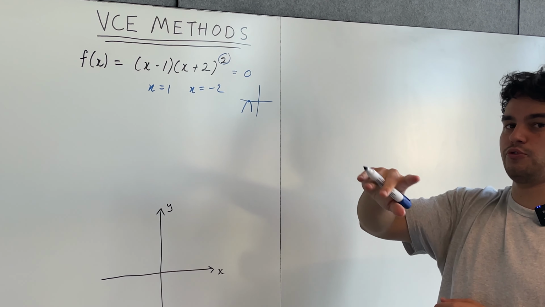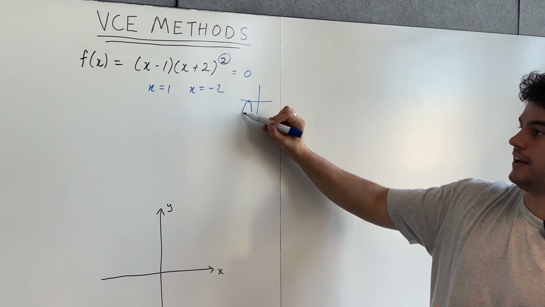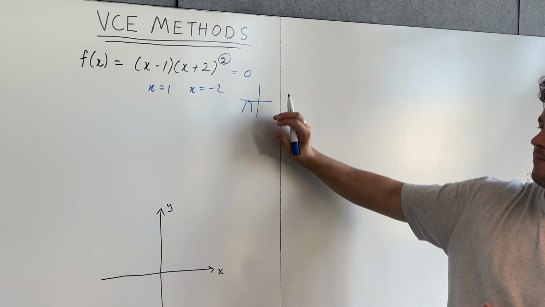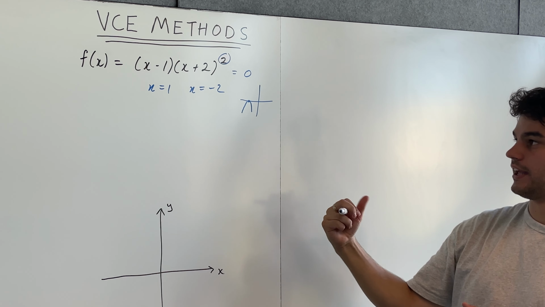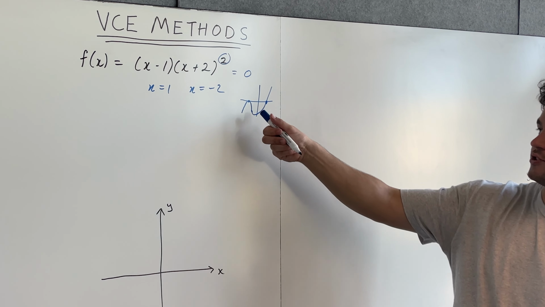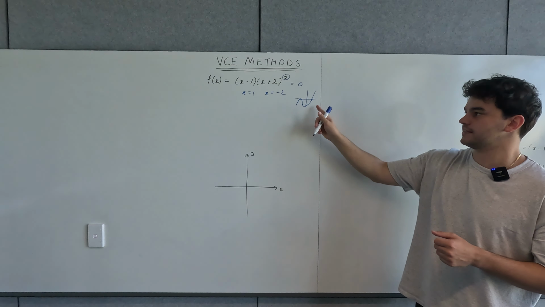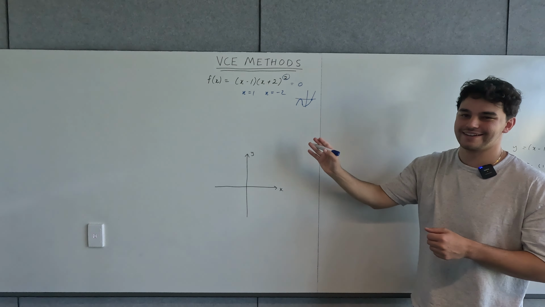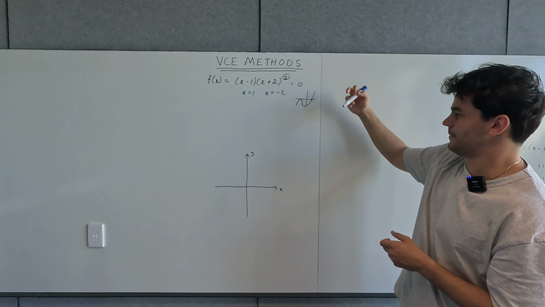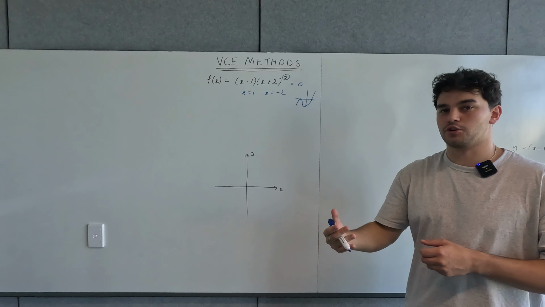So maybe I'll just zoom in on that far camera, you can see that we bounce off that x-axis, so it becomes an intercept, but then it goes back in the same direction that it came from. And then it might scoop up again, and this might be a normal intercept here. So you can see in total, in this example, we have 2 intercepts. Ours actually looks very similar to what I've sketched there accidentally. But we see here that we have 1 intercept there, 1 intercept there. So we have 2 x-intercepts in total,